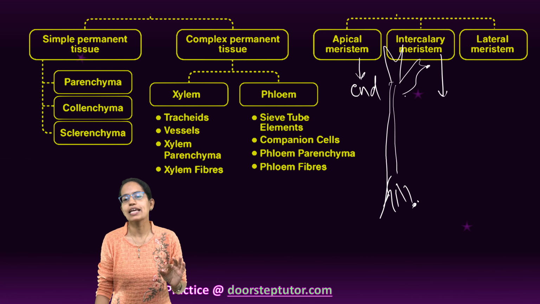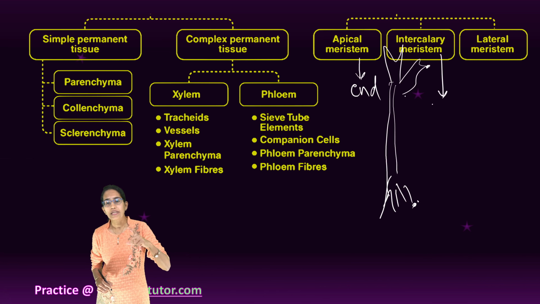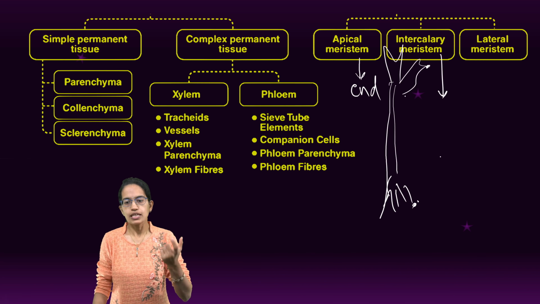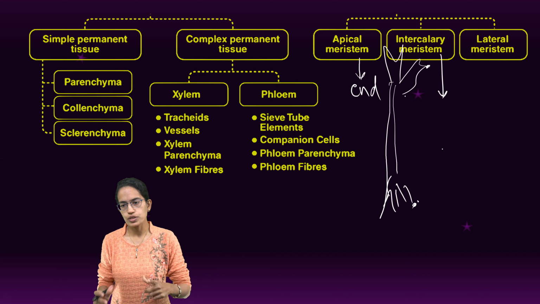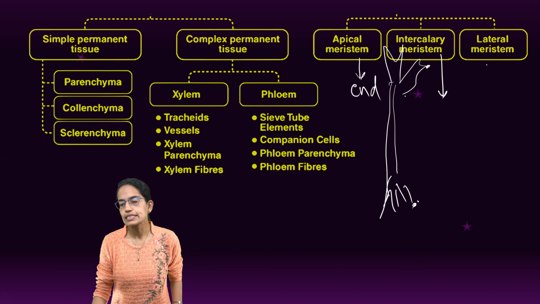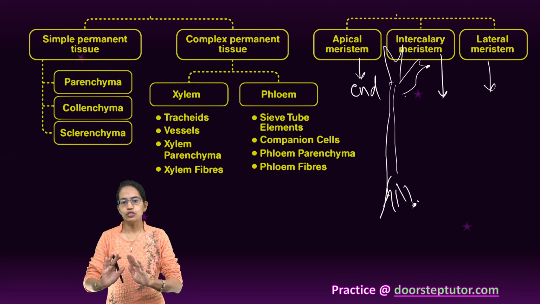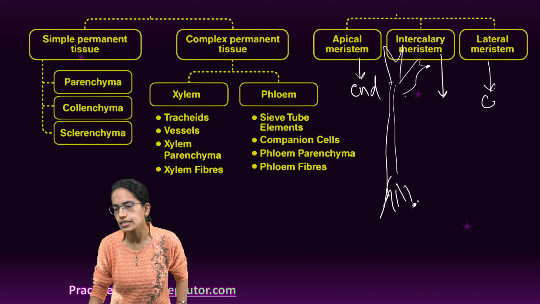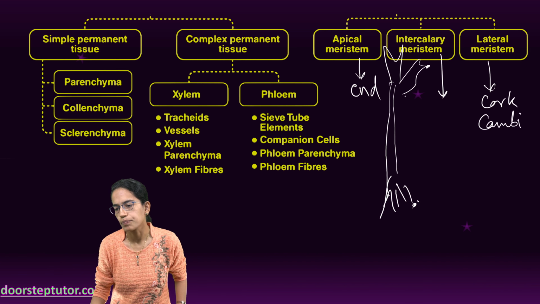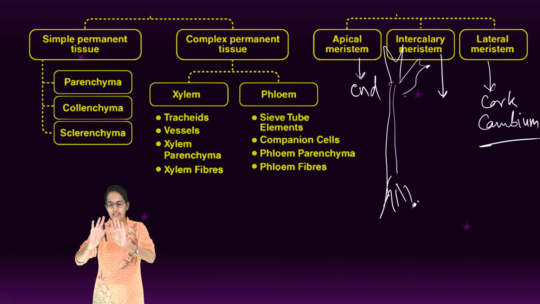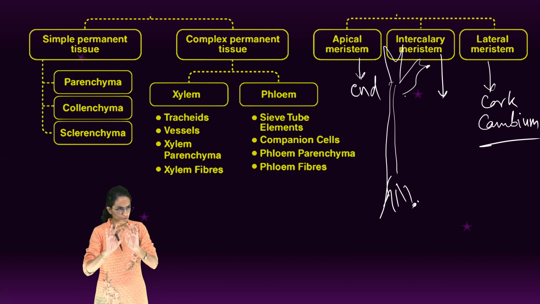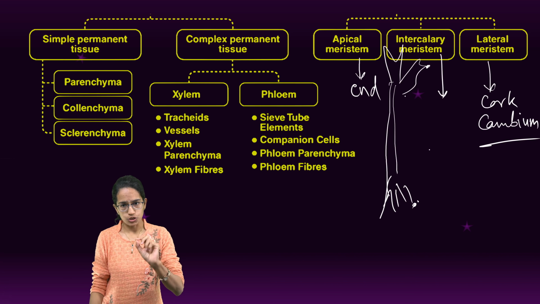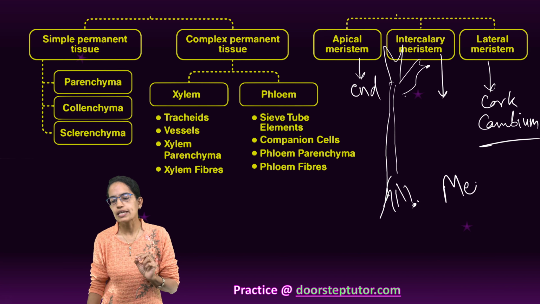The next is intercalary. Intercalary meristems are present at the internodes or the base of the leaf. Base of the leaf as in the case of pinus, and the idea is to increase the node or the length. Right? The next is lateral. Now, lateral, as the name suggests, grows radially. So, what happens is the width increases. A good example is what? Cork cambium. So, cork cambium of the plant explains that the width of the plant would grow, and this explains a lateral meristematic tissue. Now, meristematic tissues are also known as meristem.